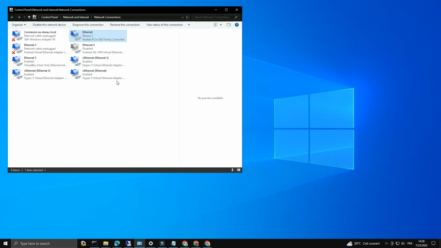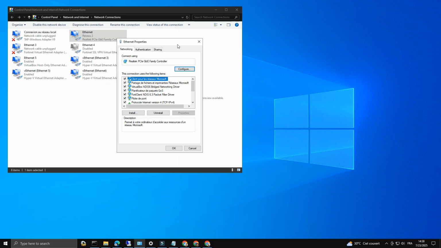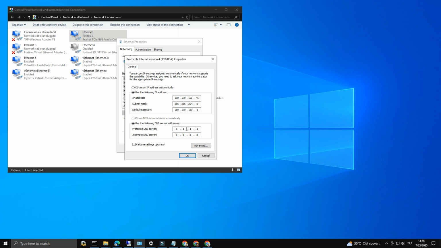Right-click your active connection, e.g. Ethernet or Wi-Fi, and click Properties. Select Internet Protocol version 4 (TCP/IPv4) and click Properties. Choose Use the following DNS server addresses and enter